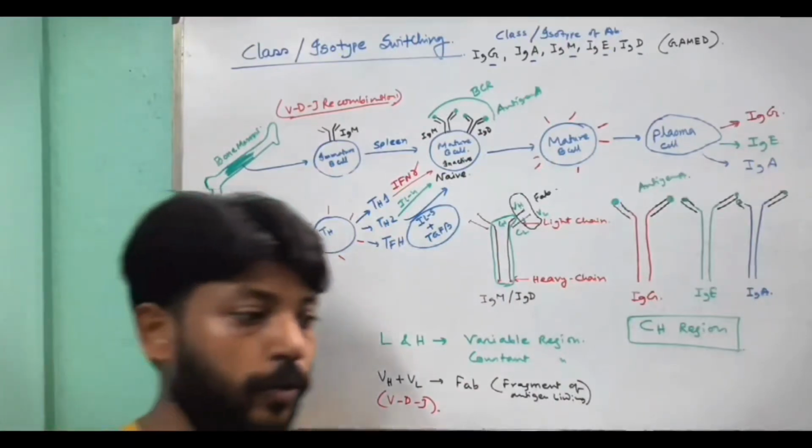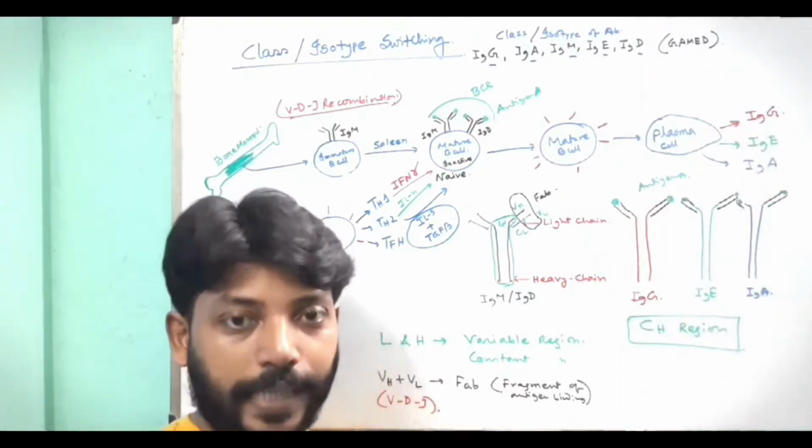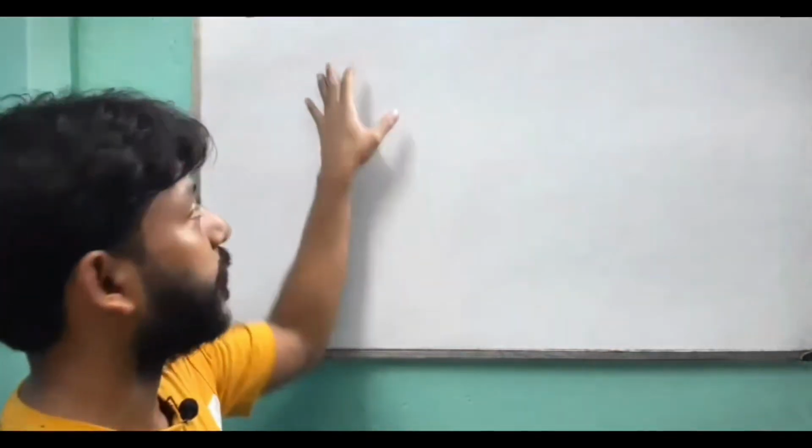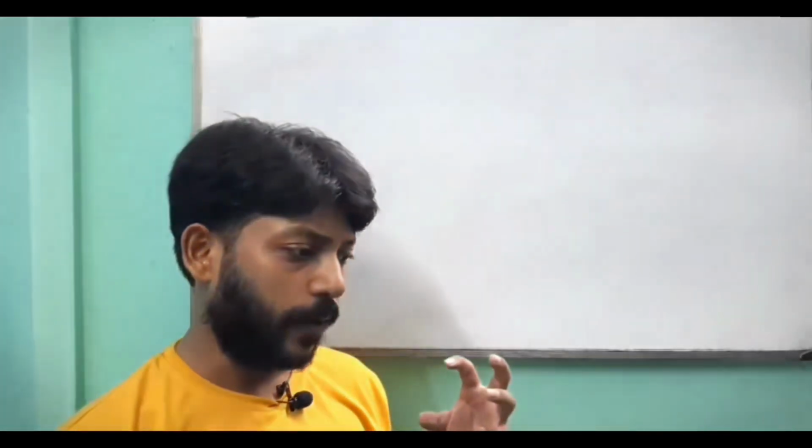Now I will show you the molecular mechanism of this class switching. A group of scientists led by Professor Takasu Honjo, a very eminent immunologist, working on a cell line, found that a particular B cell line does not perform class switching or isotype switching. And very unexpectedly, they also found that those B cells do not perform somatic hypermutation, another event of B cells by which the affinity of the